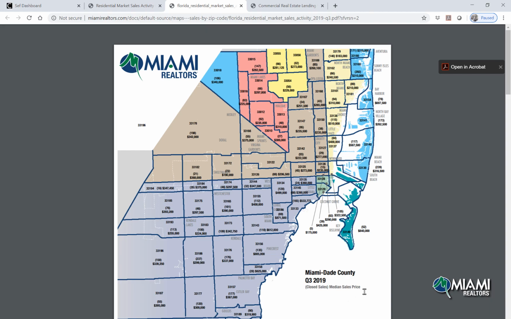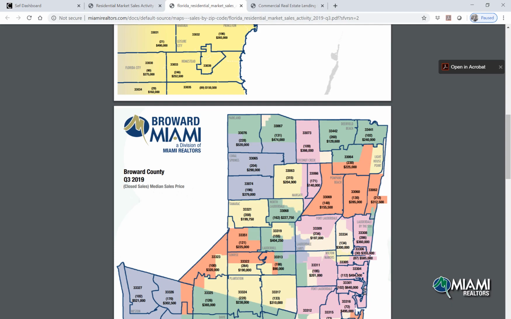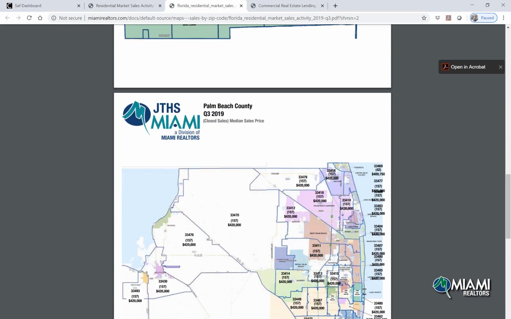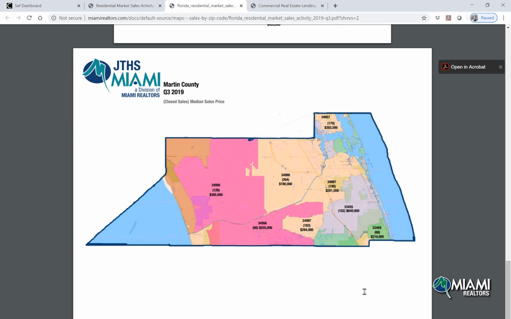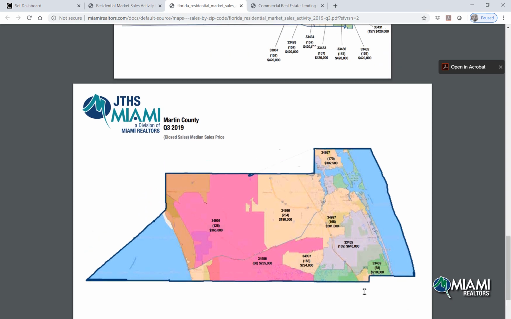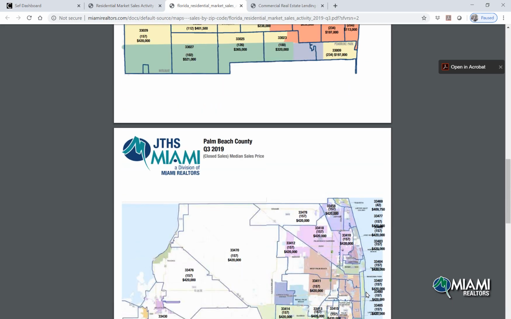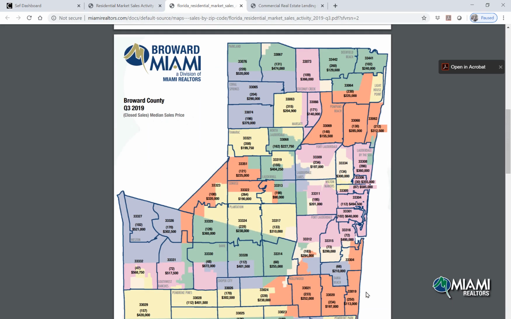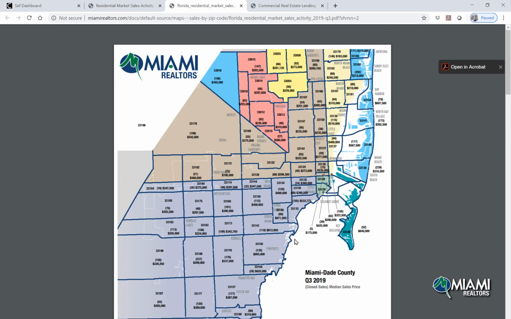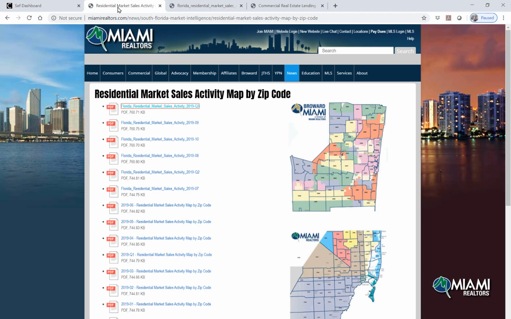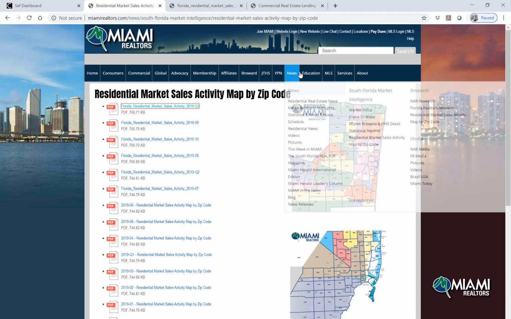I have information for Miami, Broward, Palm Beach, and Martin County. Situate yourself and know information of the median sale price by simply coming to miamirealtors.com, clicking on News, and choosing this report. Don't forget residential market sales activity map by zip code. Clicking back on News,